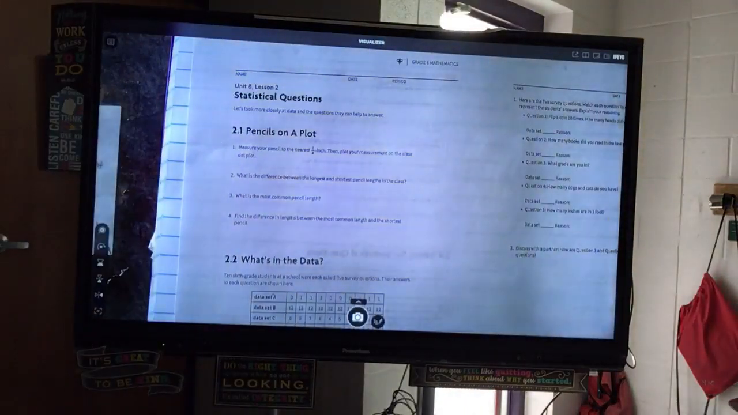Okay. So once you've measured your pencil, like I said, we changed it to the nearest inch. What is the difference between the longest and the shortest pencil lengths in the class? So looking at our, do you guys know what this is called? This is a dot plot. So looking at our dot plot,